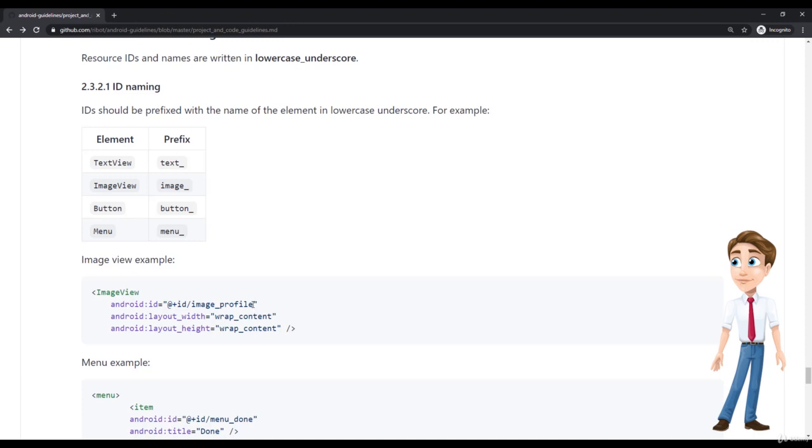So you should basically just follow the actual variable convention that you have, because you will be accessing the views with Kotlin synthetic. So you're not going to use findViewById in Kotlin. That's just not going to help you. You should use the Kotlin synthetic and just reference the views directly in your code, in your classes. So that's just the gist of it. This doesn't really apply to Kotlin.